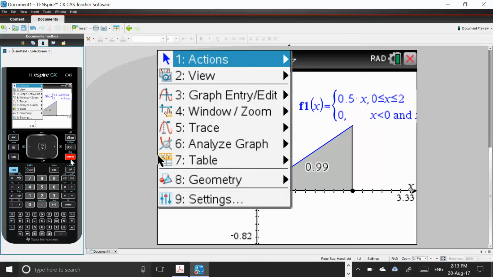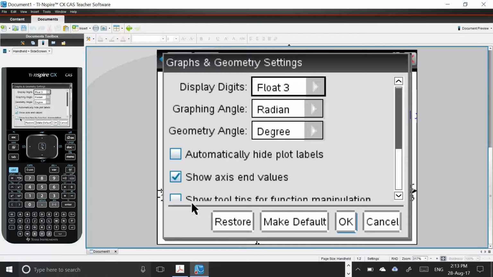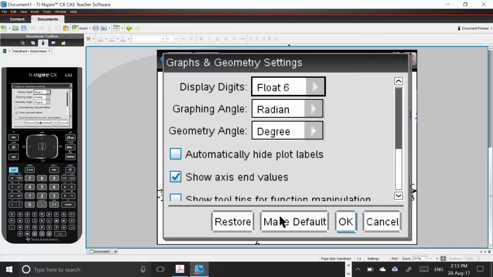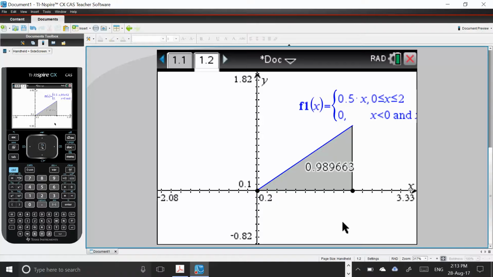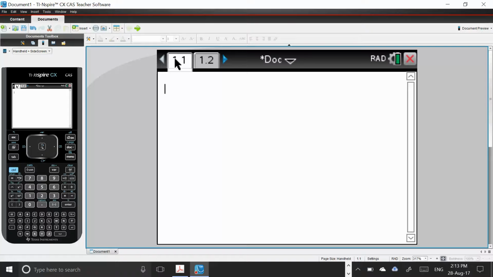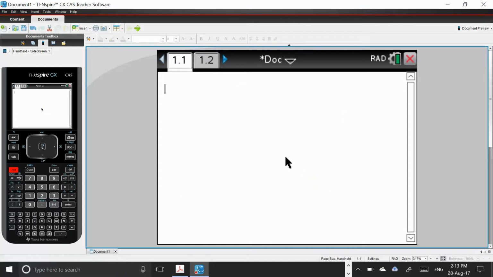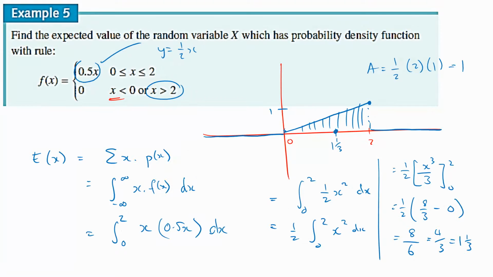This is where you can change the most reliable settings. Instead of float 3, you can go to float 6. See that? It changes the graph, not the calculator. A lot of students change it to 6, but then they do this and it doesn't come out the way they want. It's because this is a graph setting. If you want a calculator setting, it was up here. That's for your calculator. So when you go to menu settings, the 7 setting, that's for your calculator, not your graph.